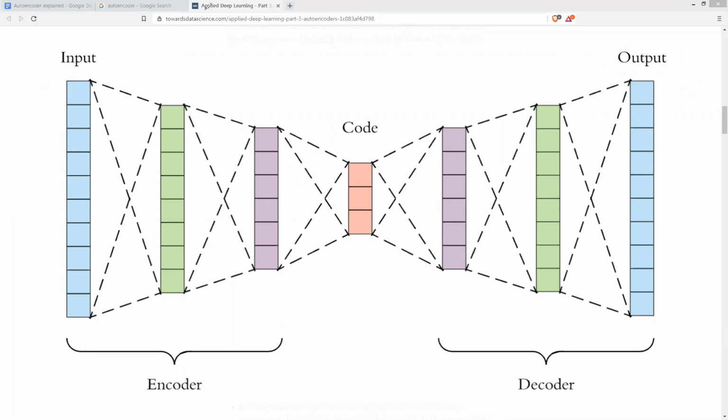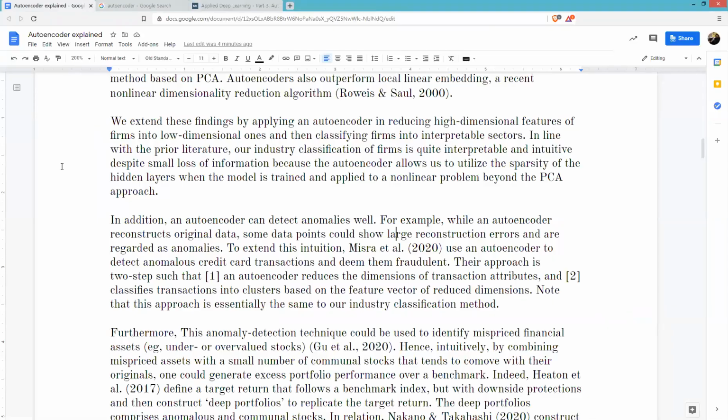Then how do you use that information about outliers? In finance, outliers are actually very, very important. Okay, so we will see. For example, while an autoencoder reconstructs original data, some data points or observations could show large reconstruction errors and